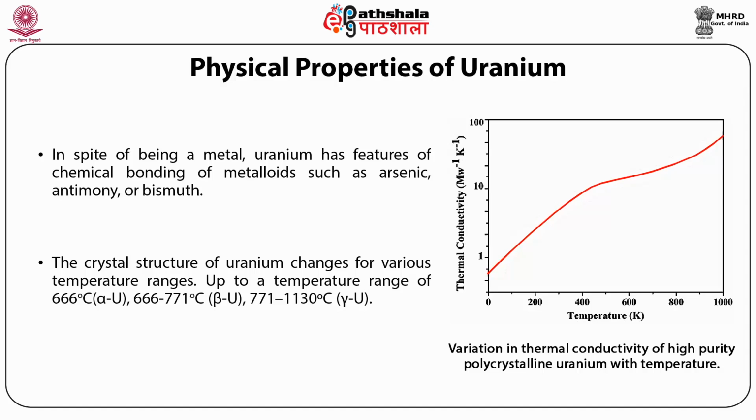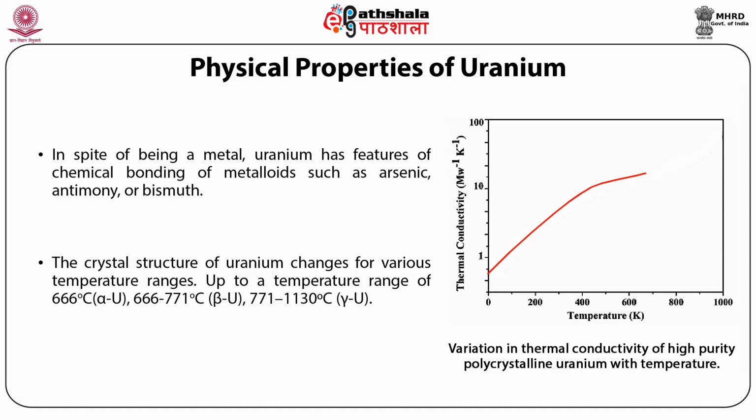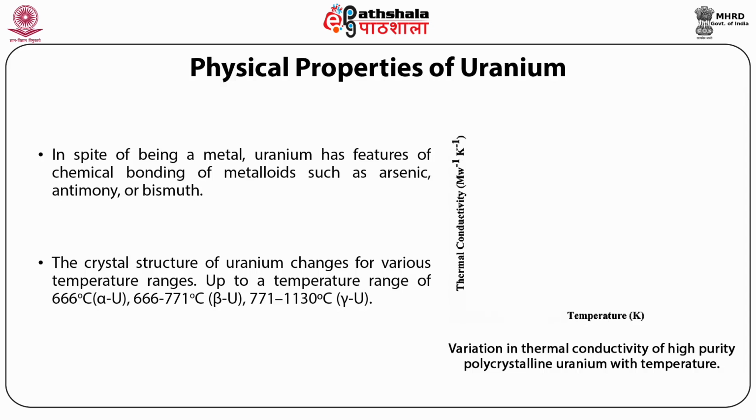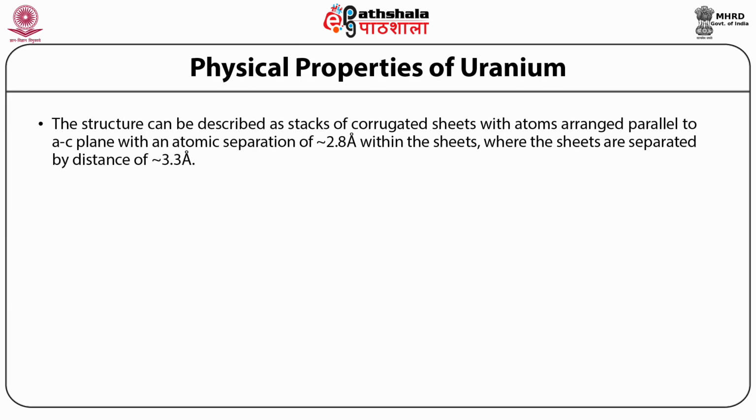19.04 gram per centimeter cube of density and lattice constant of around 2.8541 plus minus 0.003 Angstrom, b equal to 5.8692 plus minus 0.0015 Angstrom, and c equal to 4.9563 plus minus 0.0004 Angstrom. The structure can be described as a stack of corrugated sheets with atoms arranged parallel to the AC plane